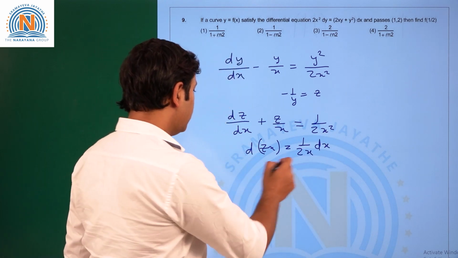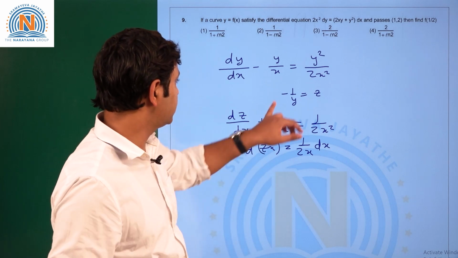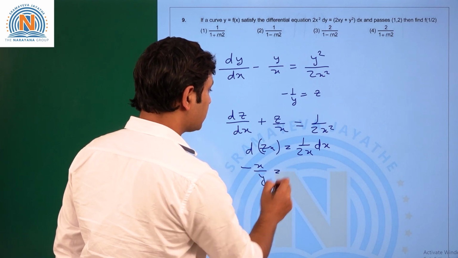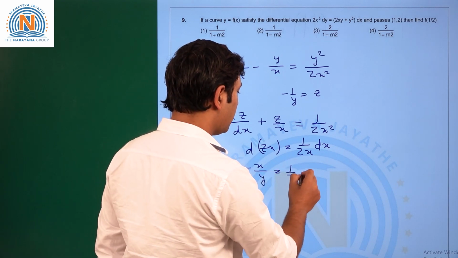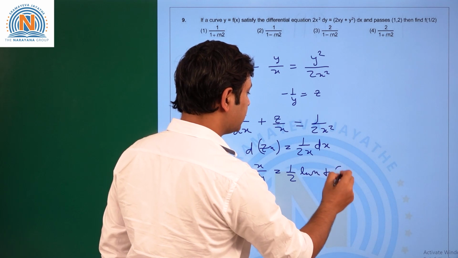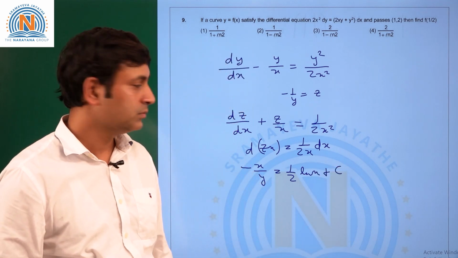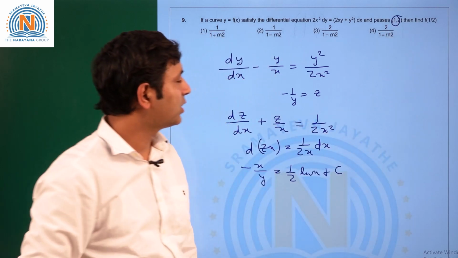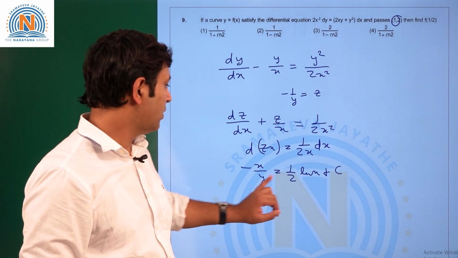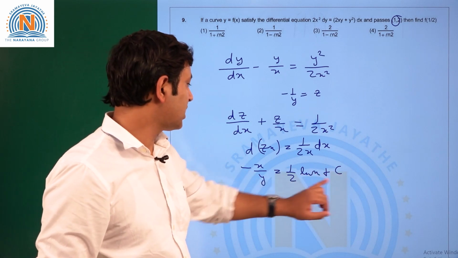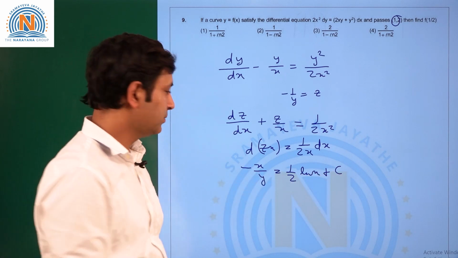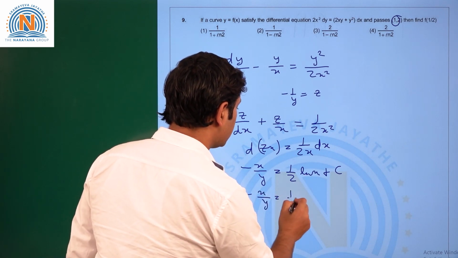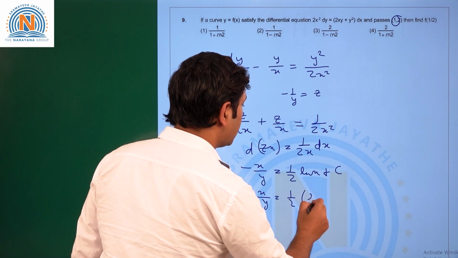Solving it further, we'll get zx, z actually is minus 1 upon y. So, minus x upon y is equal to half of ln x plus c. We have to find c, for which the curve passes through the point (1, 2). If you put x is equal to 1, y is equal to 2, c will come out to be minus half. So, this expression will become minus x upon y is equal to half ln x